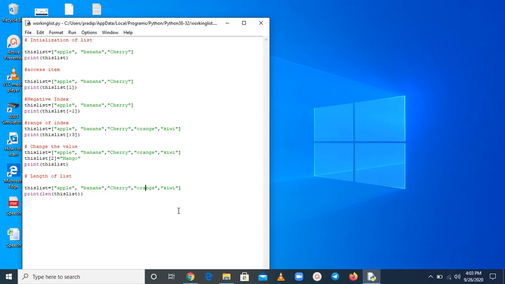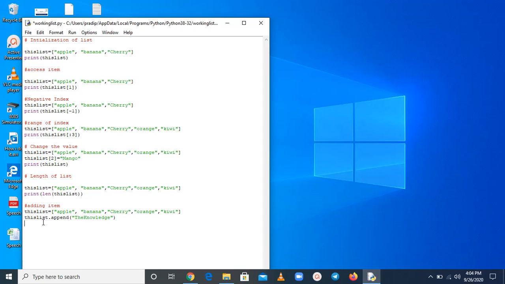So this is length. Now talking about adding an item. We have two methods to add an item. One is append and the second is insert. Discussing adding an item, I have copied this, and how to use append: this list dot append, and pass whatever you want to append, suppose the knowledge.